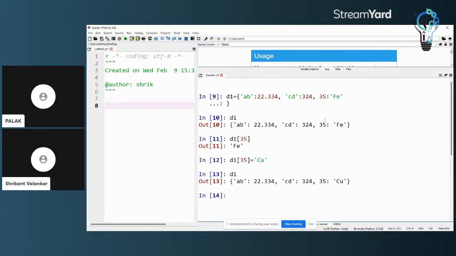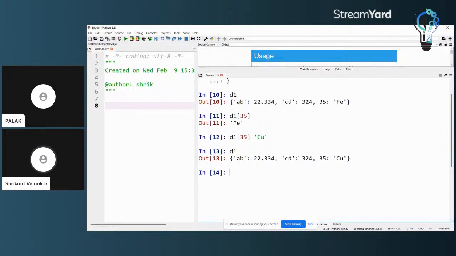Number two, dictionaries are mutable. Dictionaries are mutable objects just like lists. And being mutable objects, I can change the individual element of the dictionary. When I say I can change the individual element, we have to keep in mind that what I am planning to change there is a value. A key once entered cannot be changed. It can be deleted, but it cannot be changed.